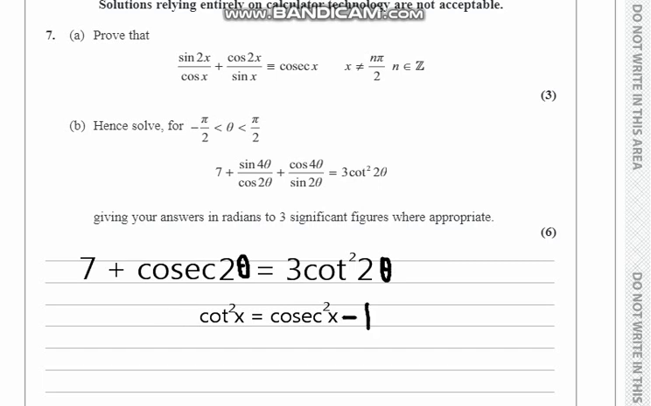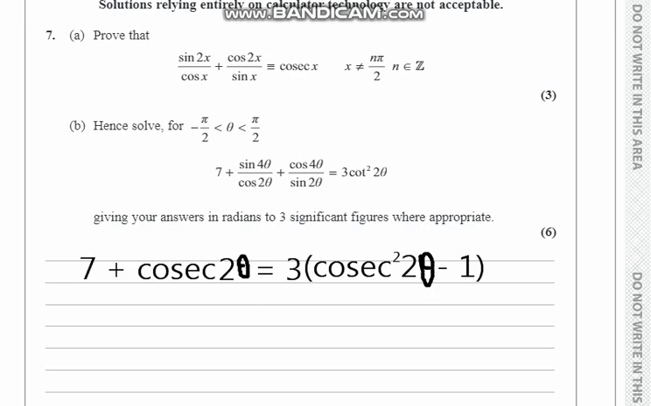And so this will be substituted here for cot square x, so that'll be 3 times (cosec square 2 theta minus 1). Remember that's a double angle, so don't forget to add it. Now I'll just multiply the brackets out: 3 cosec square 2 theta minus 3. Now,